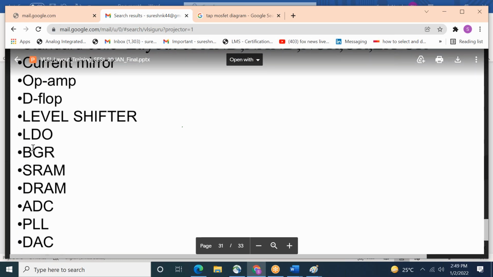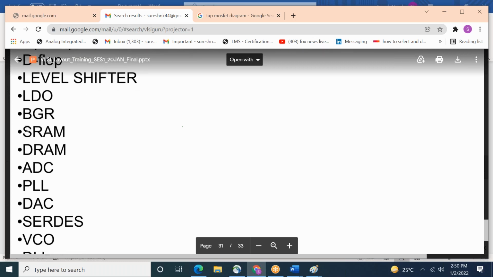Next we will go for BGR, band gap reference. Then ADC, DAC. This is a memory project; one or two projects will be there for memory. And then ADC, analog to digital converter, digital to analog, PLL.